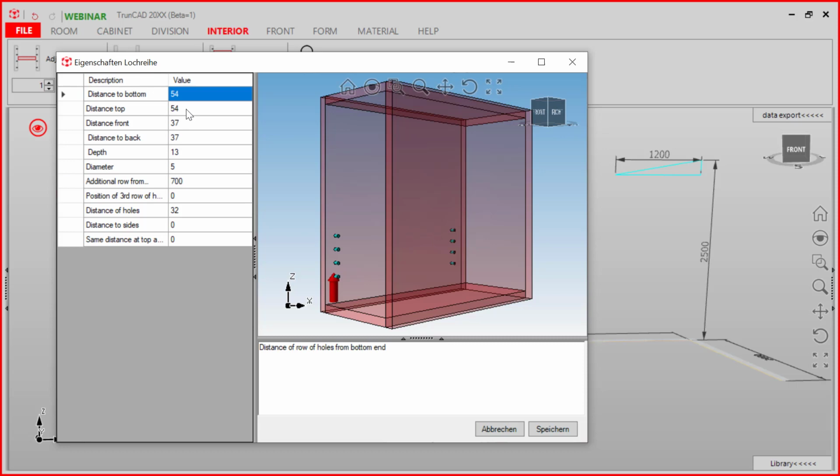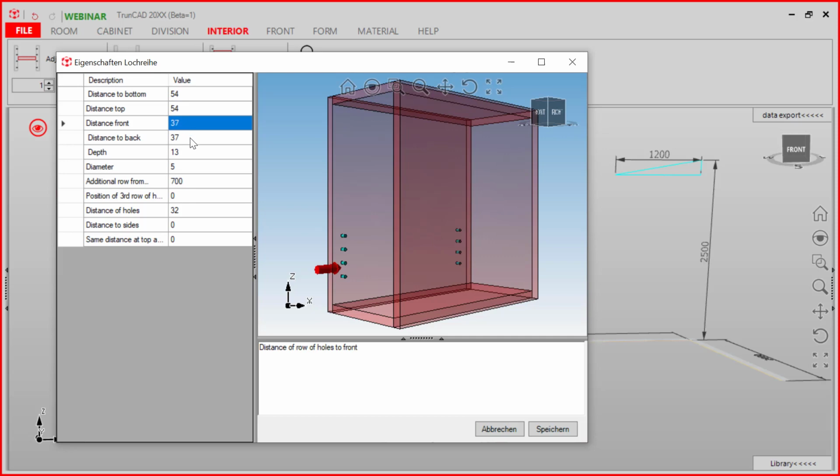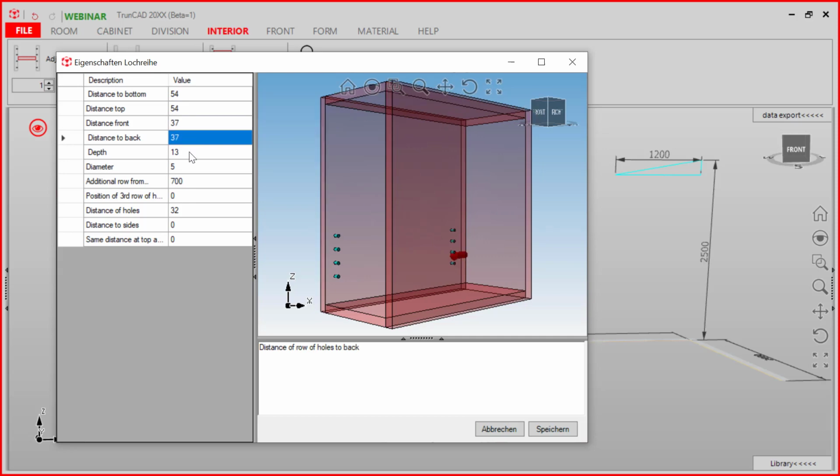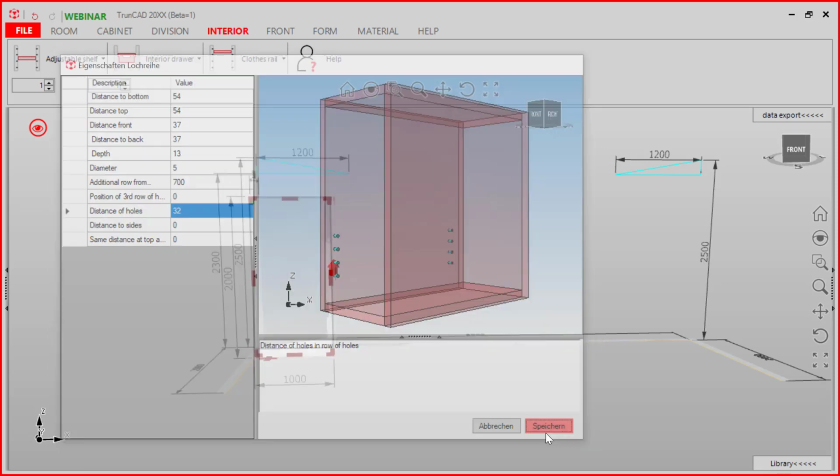Here the distance from the bottom, the distance from the top, distance front and back, also the depth and the diameter. Here you can also choose the distance of each hole to each other. After you have saved it,